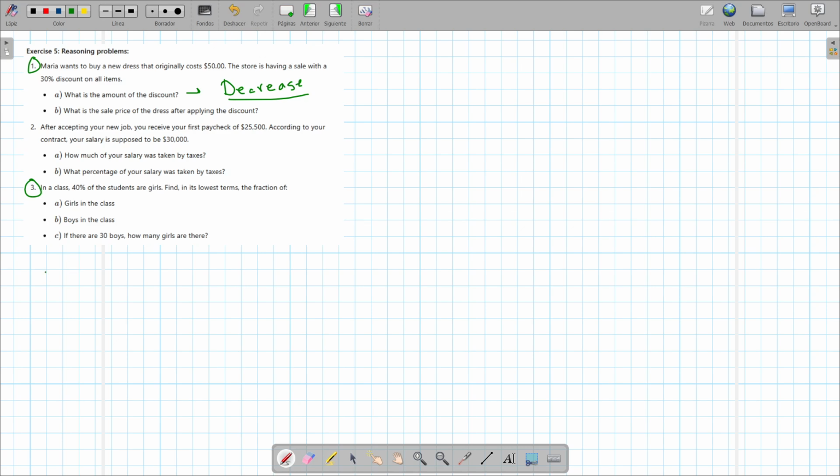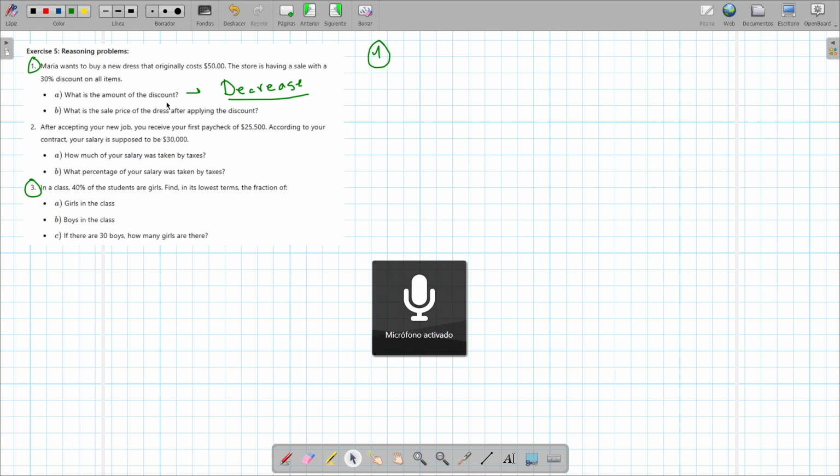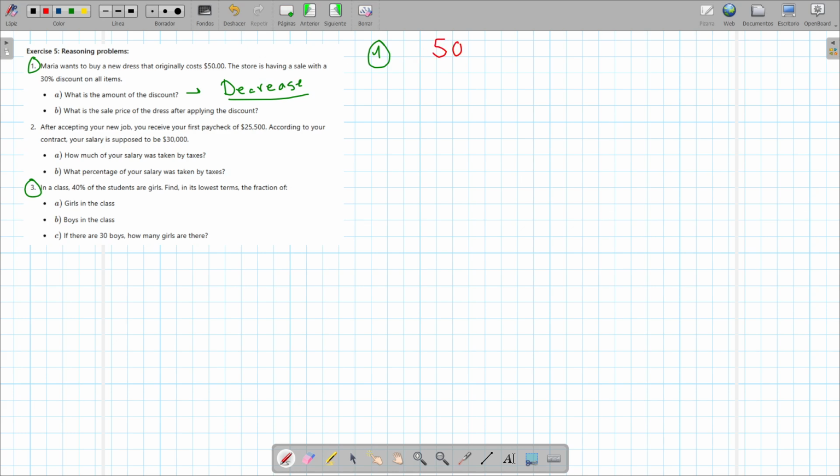So for the first one, we are going to work here, okay? To find out what is the amount of the discount, what we have to do is to find the 30% of $50. So we have $50. We are going to ignore the unit and we have to find the 30%, which is as easy as multiplying by 0.30. If we do this multiplication,